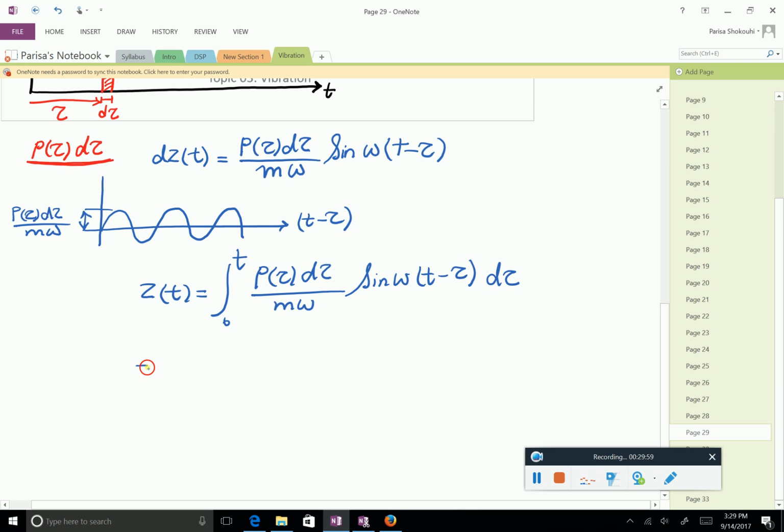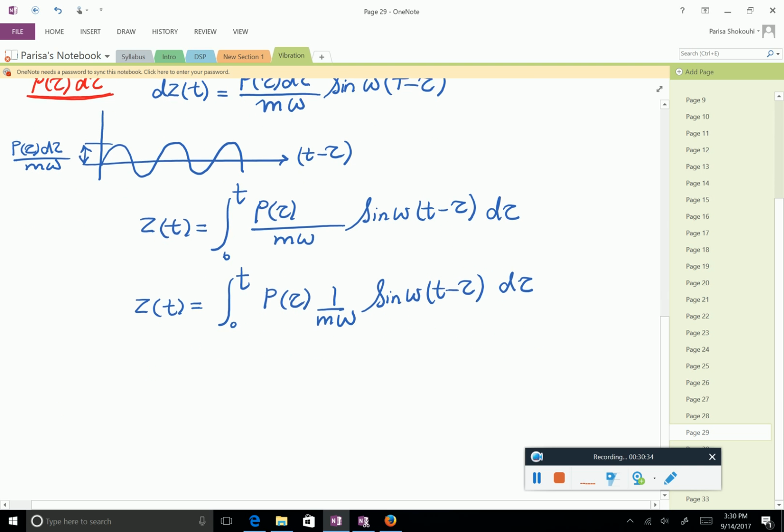And this is what is important. Look at this integral, and you will see that if we write this as p tau, and then we now have two d taus, we don't need both of them. So I just move it there so it looks nice like that: 1 over m omega sine omega (t minus tau) d tau. So what is this? What type of integral is that? Let's make it even easier. If I call this h,